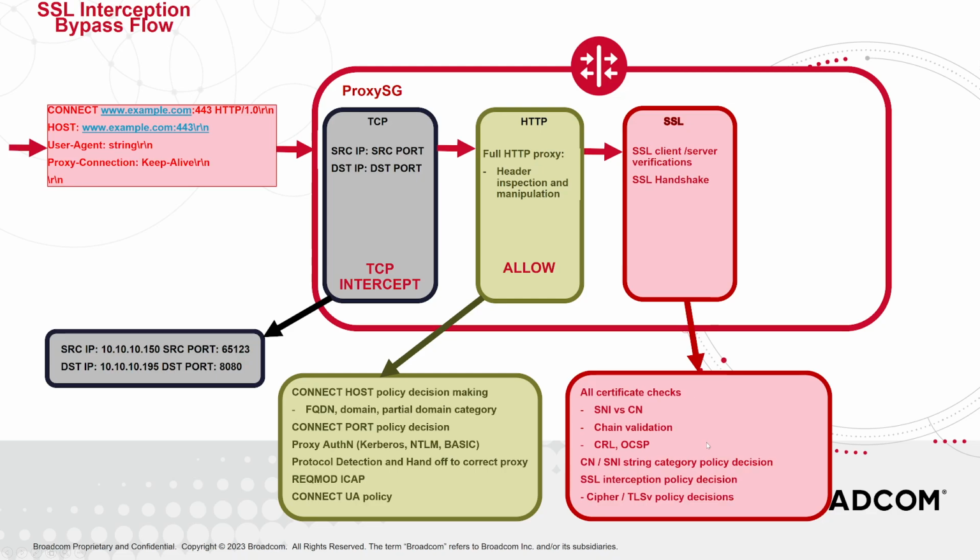difference. At this point, you can still do something with the certificate, like the validations and stuff. At this point, we take the decision on the proxy in a policy not to SSL intercept, because let's say that this domain example.com is on SSL interception bypass, or the host category from the connect, right? So I said that this belongs to technology internet, right? Let's say that technology, internet is on SSL interception bypass. So